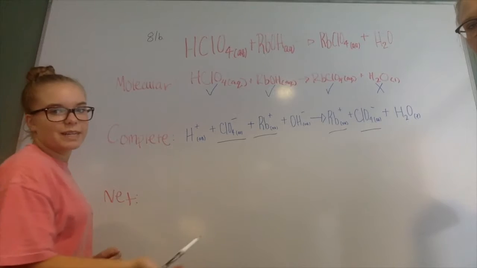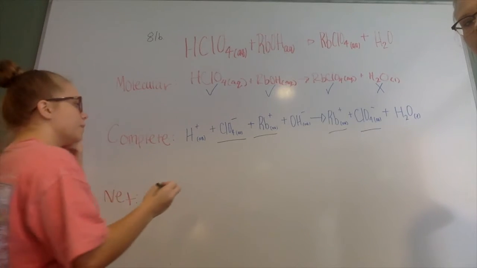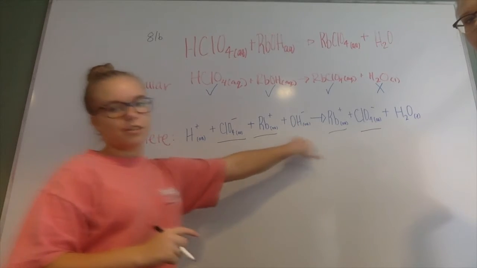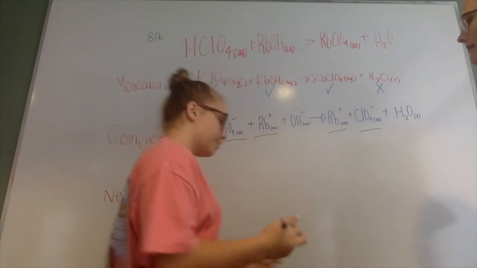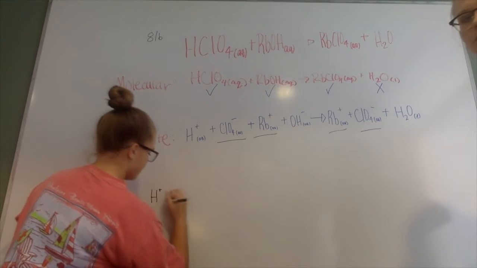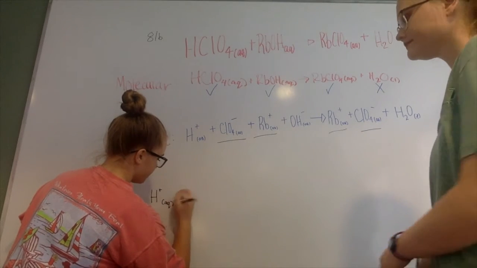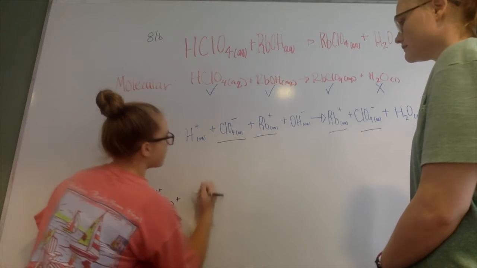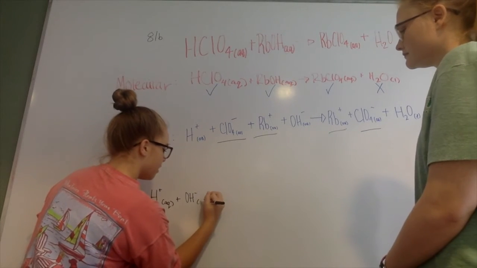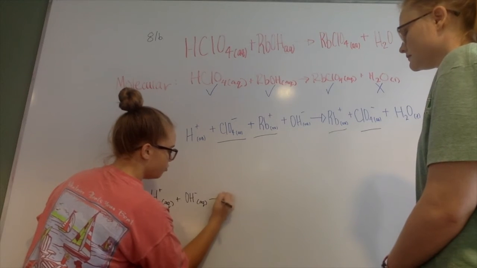So those are our spectator ions, so we're not going to include them. The ones that are reacting are the hydrogen ions and the hydroxide ions to form our water. So that's what we're going to rewrite as an H plus ion, which is aqueous, reacting with a negative hydroxide ion, which is aqueous, to form